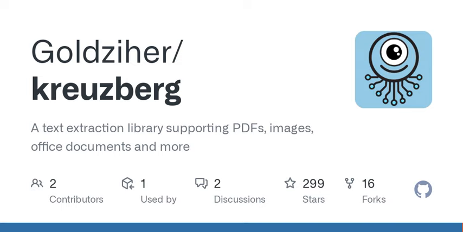Before we wrap things up, let's take a moment to summarize what we've uncovered today. Kreuzberg is not just an innovative Python library. It's a sleek, powerful tool that makes document text extraction more efficient and accessible. From its lightweight nature and extensive format support